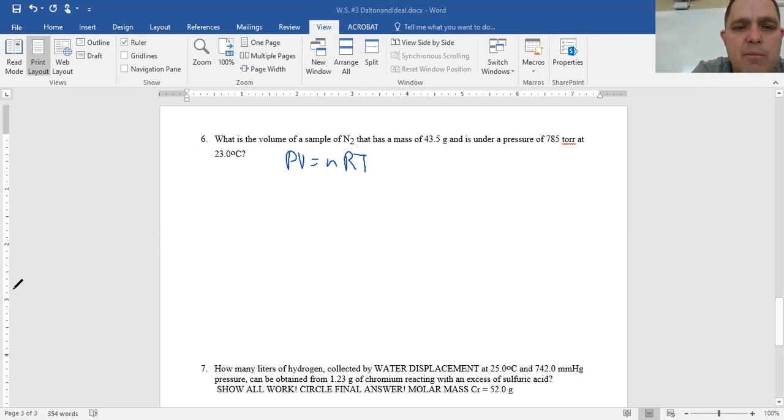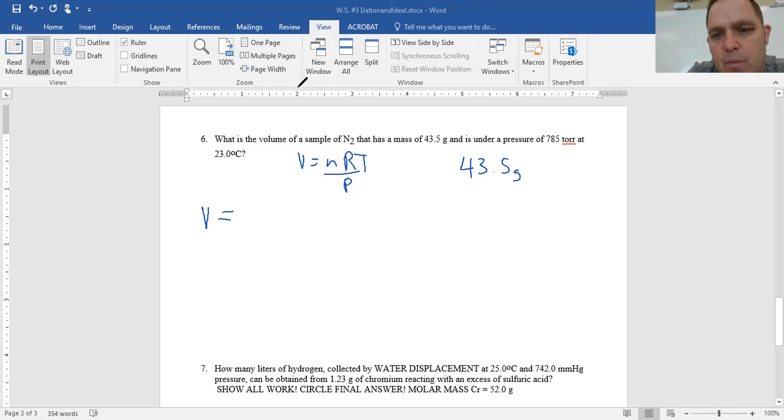So I'm going to divide both sides by P. And when I do that, we get volume equals nRT over P. Now, again, I always got to remind people that when we're using the ideal gas law, we have to make sure our units are correct. So when I start putting these things in, we got to change some stuff. So we're going to try to solve for V. And let's do the first one, n. We don't have the number of moles, we have the number of grams. So that's our first conversion,